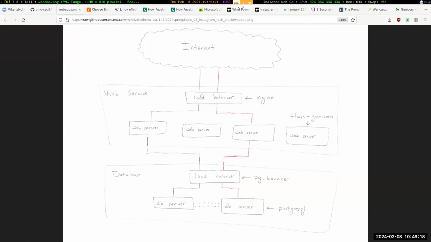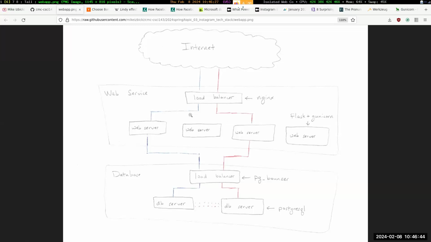The load balancer decides when a new connection comes in. It has all of these different web servers that it knows about, and it's going to decide which one of those web servers is currently not being used or has low utilization and forward the web request to that particular web server. The configuration for all this will get very complicated. You'll have to be very careful with all the ports that you're working with,